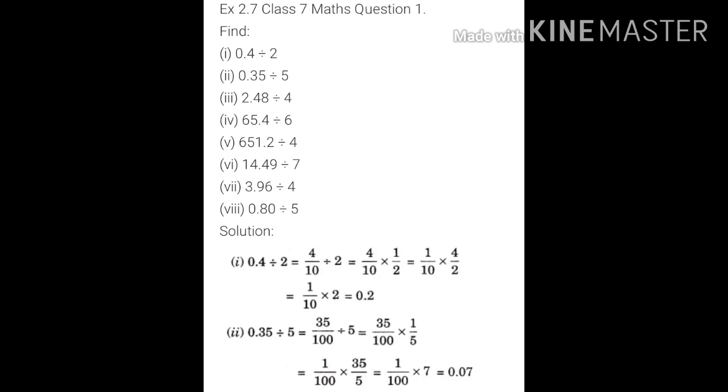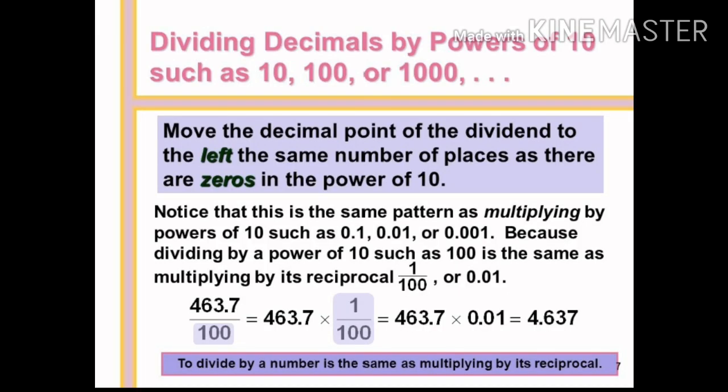Here 8 parts are given in the question. 2 parts have been solved and the remaining parts can be solved by following a similar pattern. Next, dividing a decimal by powers of 10 such as 10, 100 or 1000. Why are we discussing this? Because our next questions, and we can see the number of questions after this, 2, 3 and 4 probably, are based on this concept. Now how to divide decimal numbers by powers of 10?